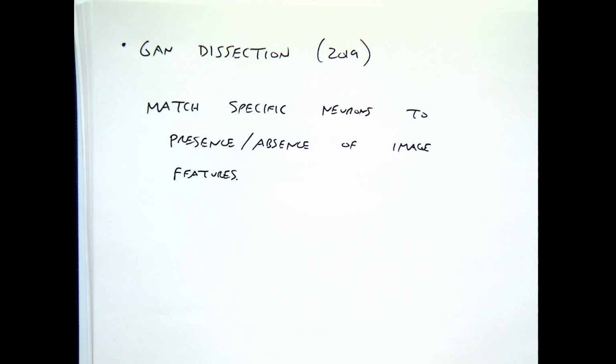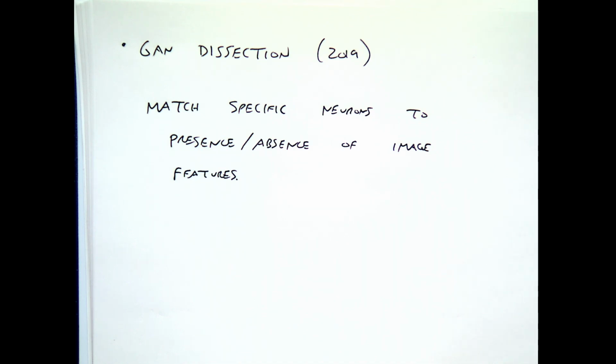So they had an algorithm, or a network, that could do segmentation. They could say, okay, I've got a good algorithm for taking pictures and segmenting out the trees, and from that, I've learned what regions of trees look like. And then if I have a GAN, I can find a neuron such that if I set that neuron equal to 0, the trees disappear in my segmentation algorithm, and if I set that value equal to 5, then I have lots of trees. Then I know that that neuron kind of means tree. And so they were trying to drill down into very specific places in the network to see what those correlations